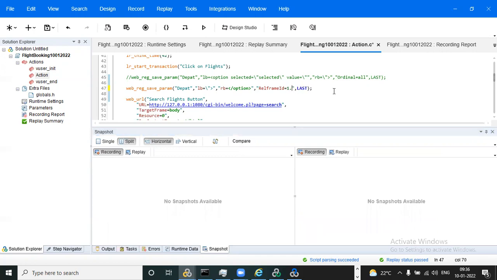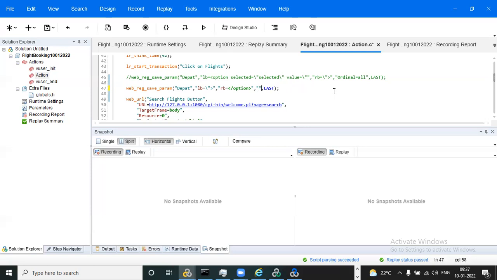If it is there in 1.0, we can give the frame as 1.0. So this is one more argument, the RelFrameID, to capture the dynamic value from the specific frame. Okay, this is the RelFrameID.